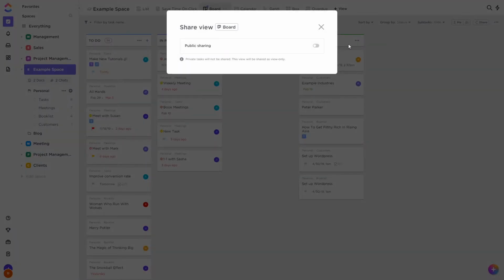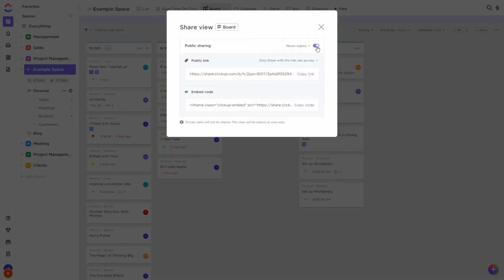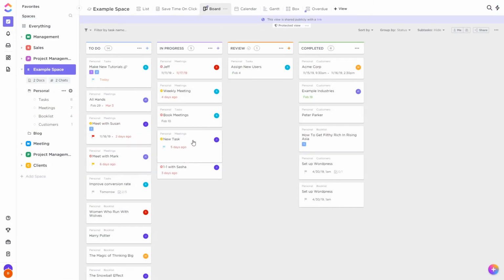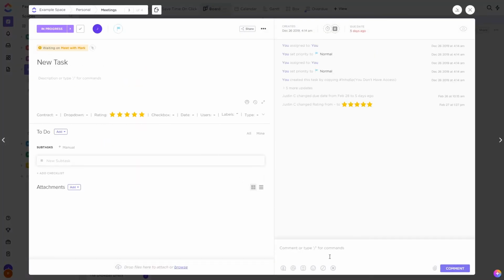Public sharing. You can now share a list or board view of any space, folder, or list, or just an individual task. This will create a link that can be shared outside of ClickUp and automatically updates. Hello Client Visibility. We also now have a direct import from Rike,